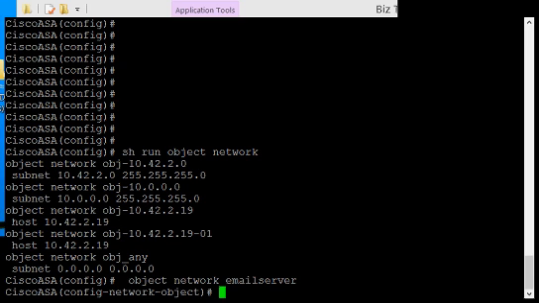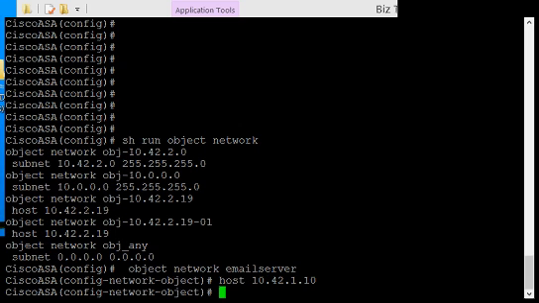Now we get the subcategory, and we're going to want to give this a host. So we have to type in host, and we want to say what the IP address of the host is. And hit enter. Alright, so now we have an object called email server, and it is bound to our email